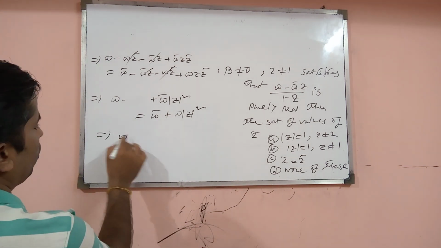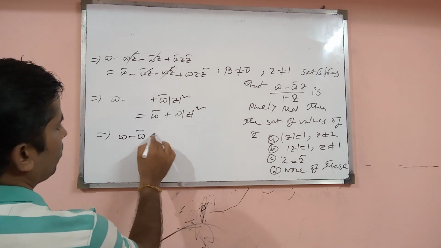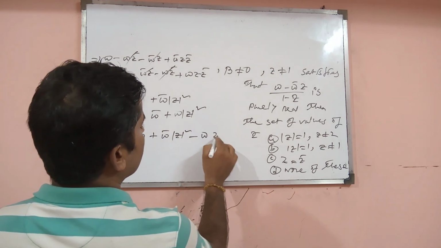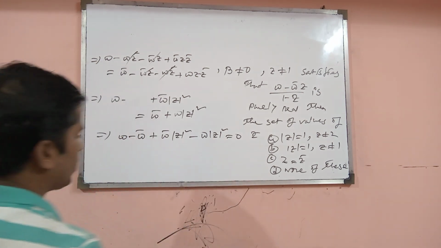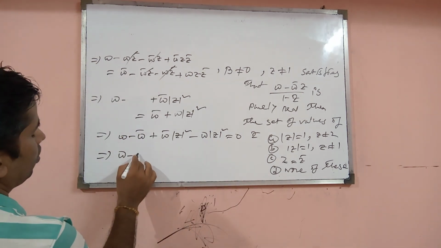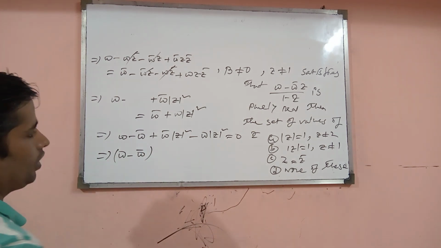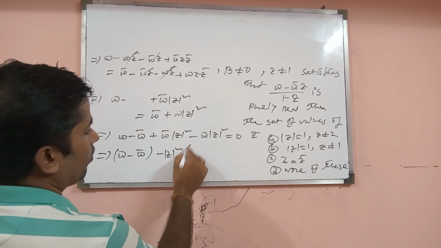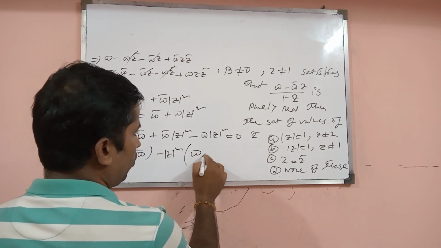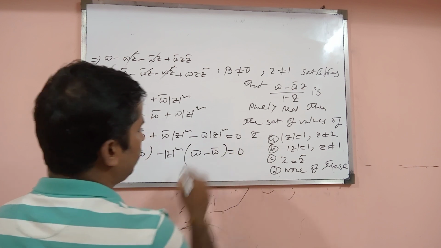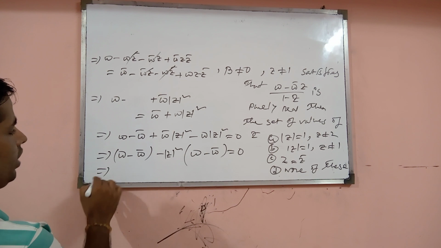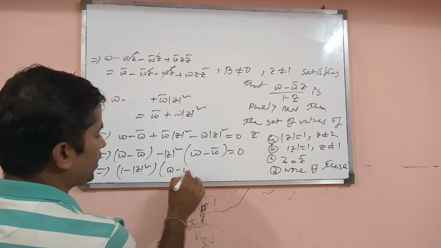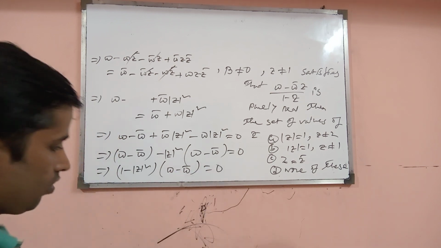So it implies w minus w z bar plus w bar z square minus w z bar square is equal to 0. So it would be like this: w minus w bar, if we take that is minus z bar square from these two, then it would be like w minus w bar is equal to 0. So it shall imply that is 1 minus z bar square into w minus w bar is equal to 0. Okay,